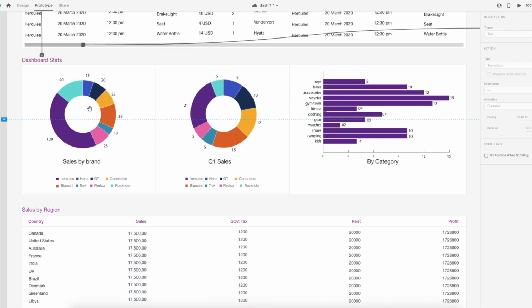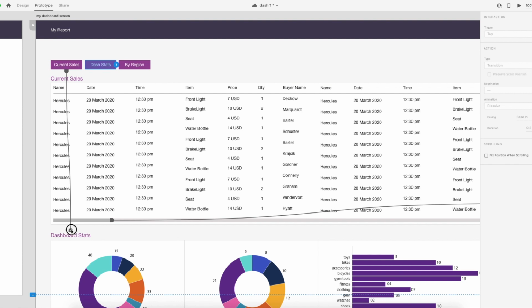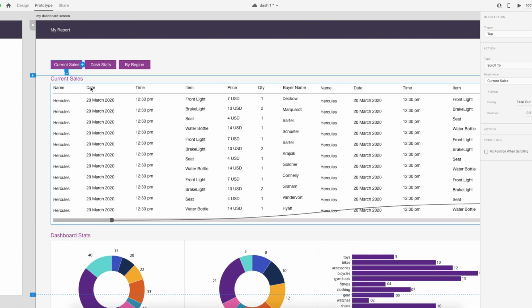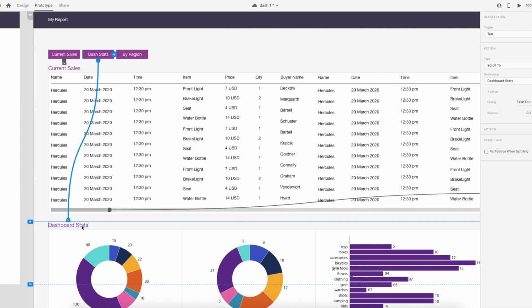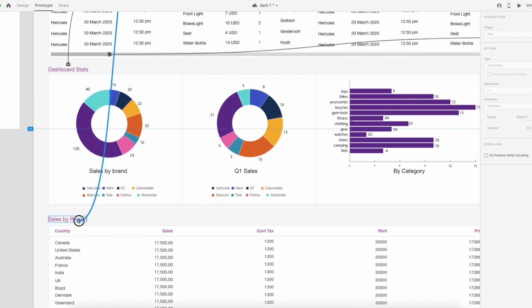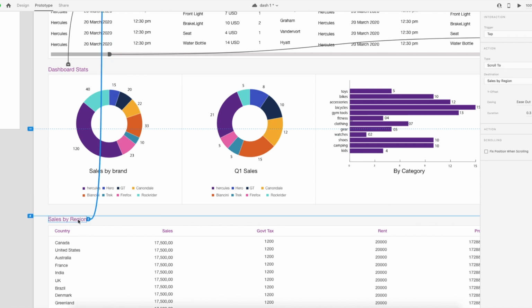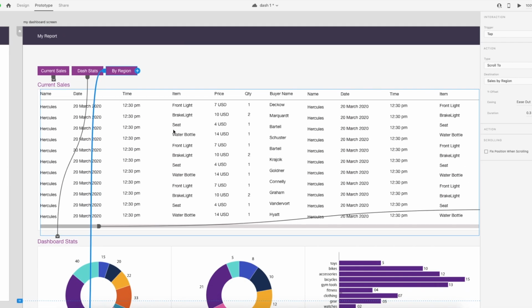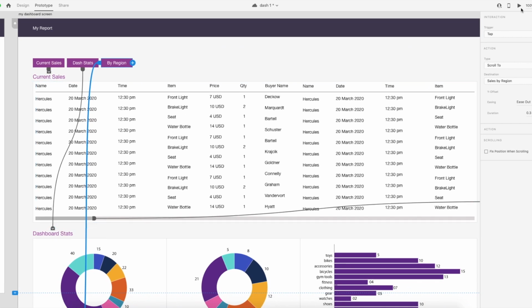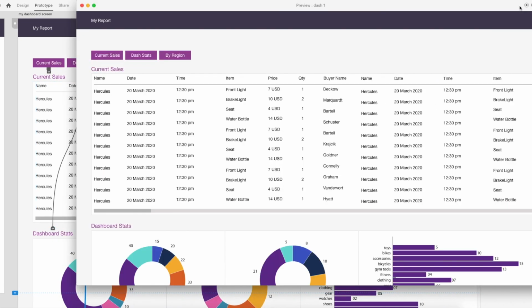Oh, sorry. The first one is gonna be here, and second one is going to be here, dashboard assets, and the third one will be sales by reason. Alright, so this is pretty simple, and now to check it out, just hit the play button at the right,